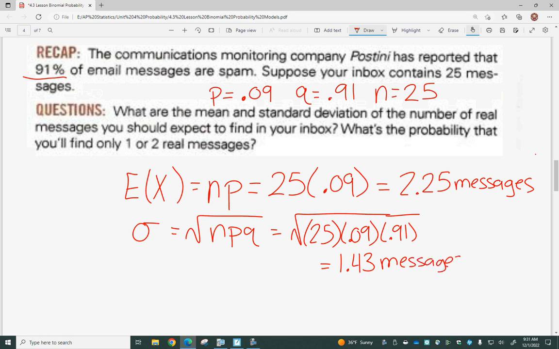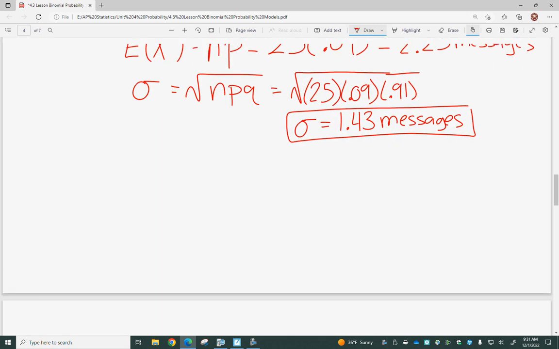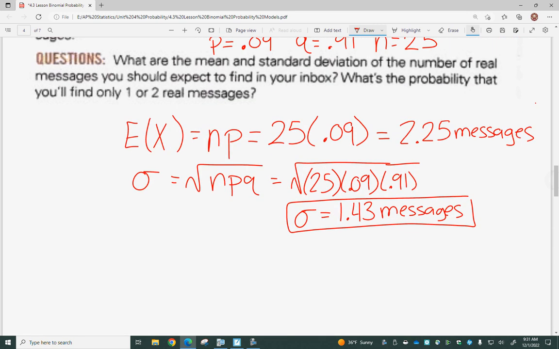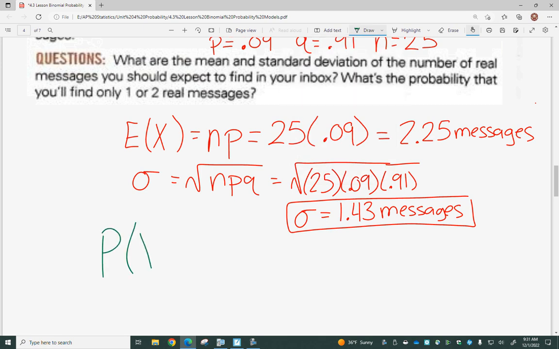So we have an expected number of messages, that's 2.25 out of 25, with a standard deviation of 1.43 messages. And so the last part of this question was, we want to know the probability out of those 25 messages that we'll find one or two real messages. And so we want to know the probability that our random variable x